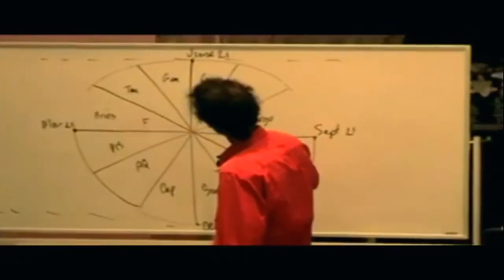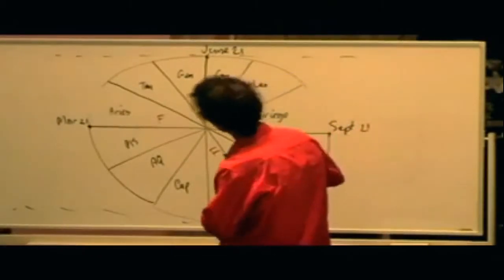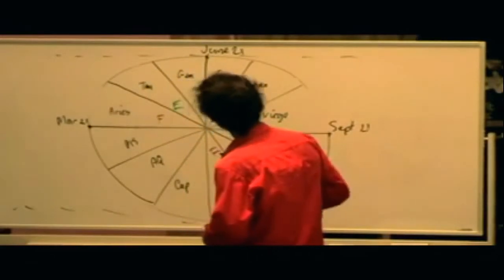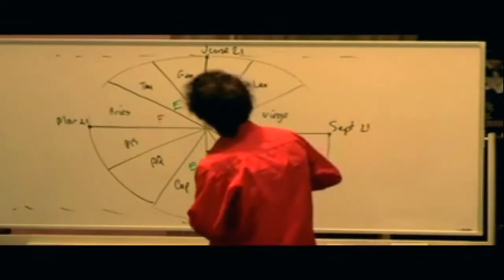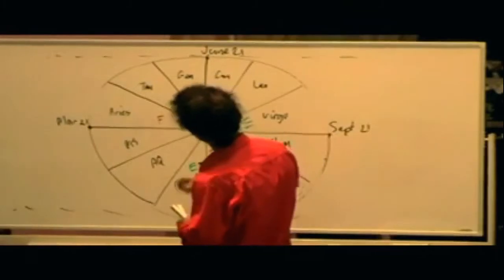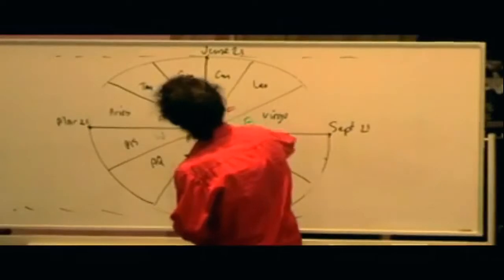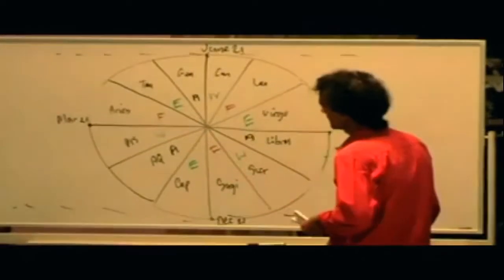So what we do is we give fire to Aries, fire to Leo, fire to Sagittarius. Earth to Taurus, earth to Virgo, earth to Capricorn. Water to Cancer, water to Scorpio, water to Pisces, air to Gemini, air to Libra, air to Aquarius. Now,